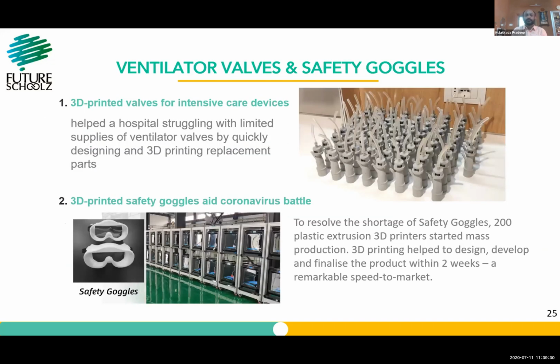So it is wonderful in the present COVID-19 period. The ventilators and valves, the first one was developed by a 3D printing system in Italy. I am sure that Dilip will explain that in detail. And also some goggles, safety goggles. So this period, the Corona period, it is a valid